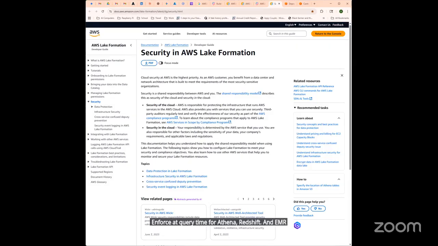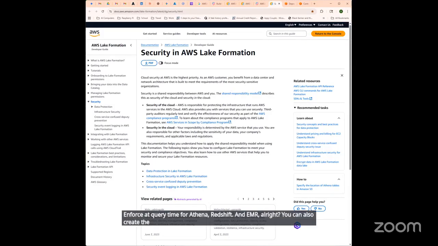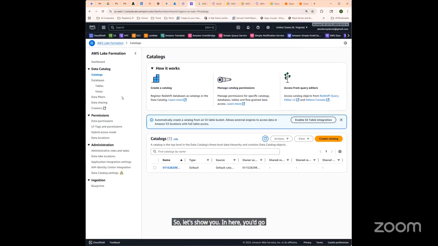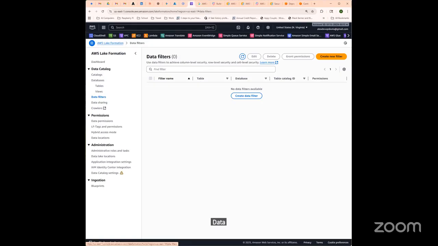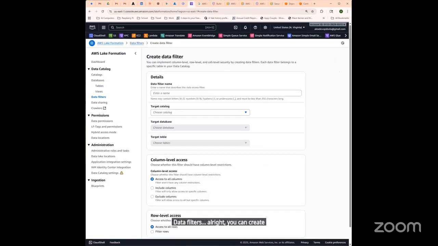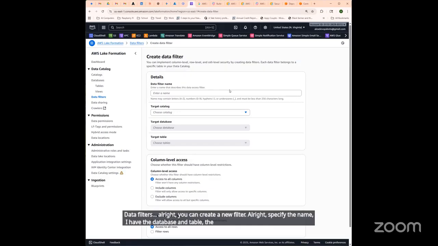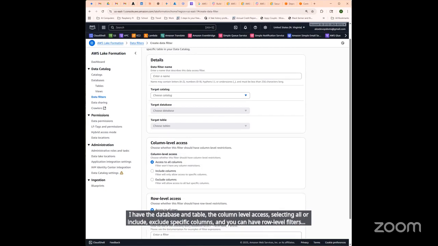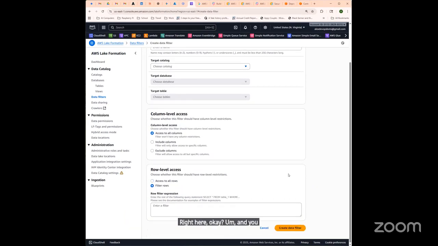All right. You can also create the data filters, right? So let's show you. In here, you go to data filters. Okay. Data filters. All right. You can create a new filter. Specify the name, add the database and table, the column level access, selecting all or include, exclude specific columns, and you can have row level filters right here. Okay. And you can have the expression set up here, or you could do this with